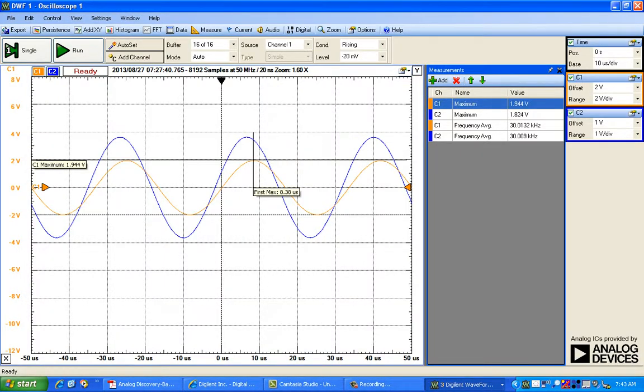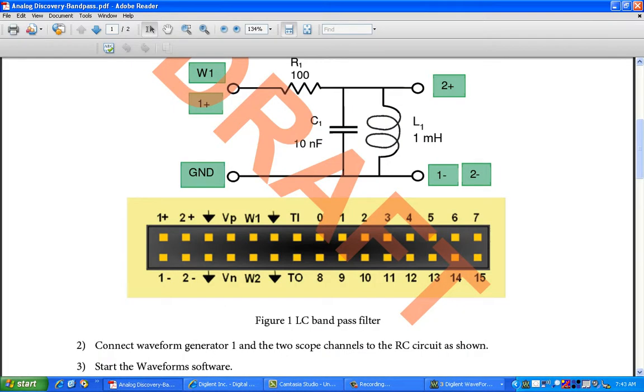Currently you see some arbitrary waveform which was stored from earlier instances when an end user used the WaveForms software. Now in this circuit of ours, as I stated earlier, we have an input channel which captures the signal coming into the circuit, that is our periodic signal across the terminals of the resistor and the ground, and the output signal measured across the inductor and parallel capacitor across the terminals 2 plus and 2 minus.